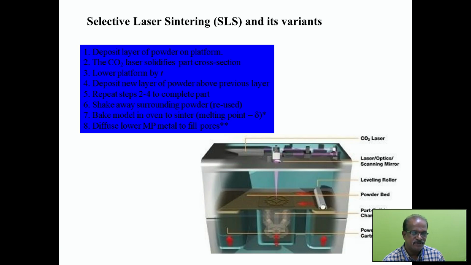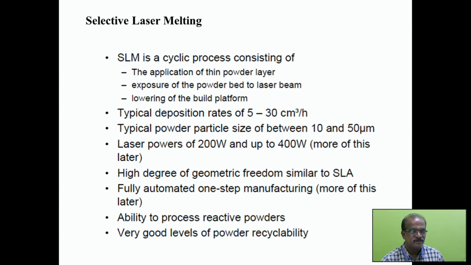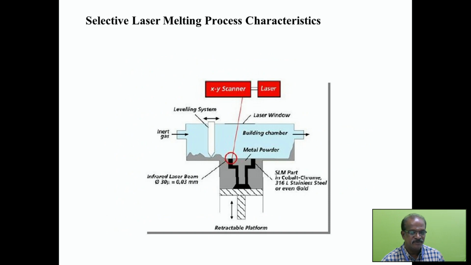Deposit a new layer of powder above the previous layers. Each and every time, shake away the surrounding powder so it can be reused. Then the model goes back in to sinter, so it diffuses at a lower melting point to fill the porous areas. So, in the same images,